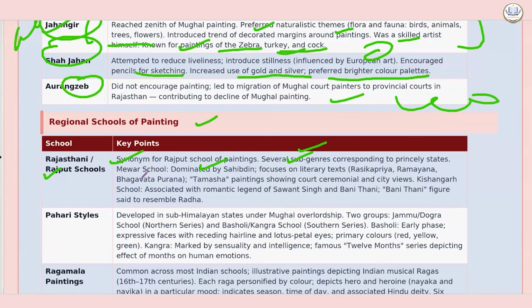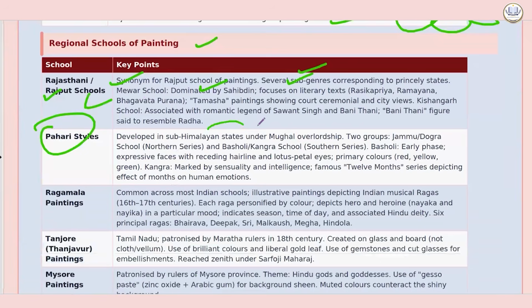Tamasha painting shows court ceremonial and city views. Kishangarh school is associated with the romantic legend of Sawant Singh and Bani Thani. Bani Thani is a figure said to resemble Radha. Bani Thani is an important one and it has been asked in the UPSC. Pahari styles developed in sub-Himalayan states under